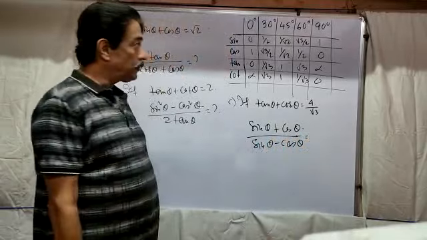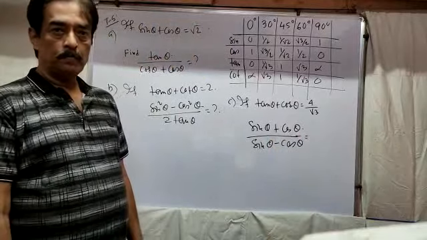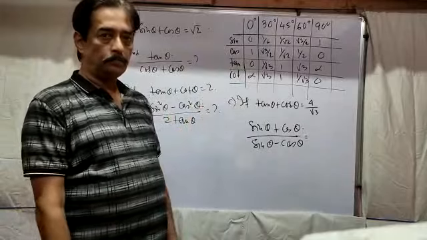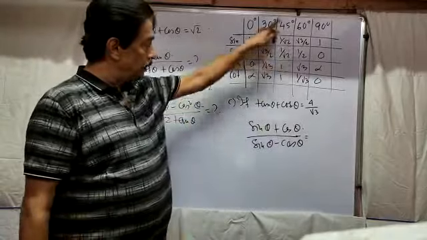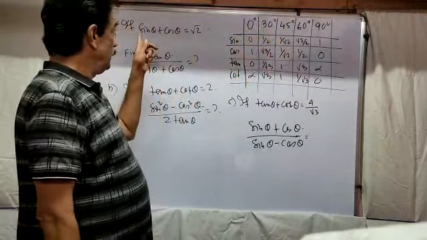Remember, this problem we have solved in our 9-10 level, and you have 3 to 5 minutes of time. To solve this problem, you will need only 30 to 40 seconds maximum. Now you will know the table, and how can I apply the table? These are the main features of this problem.